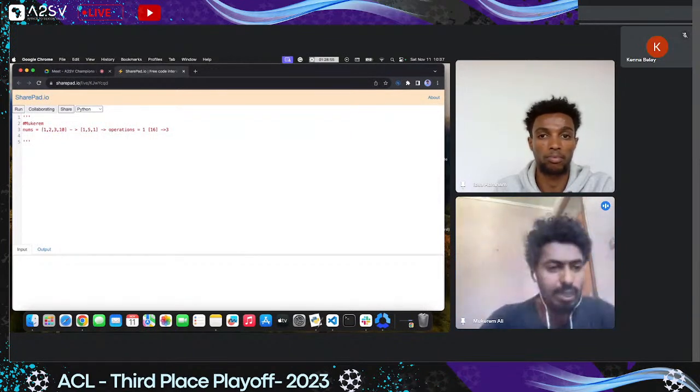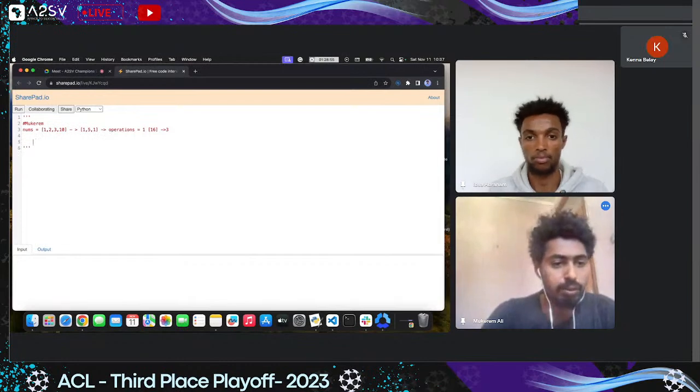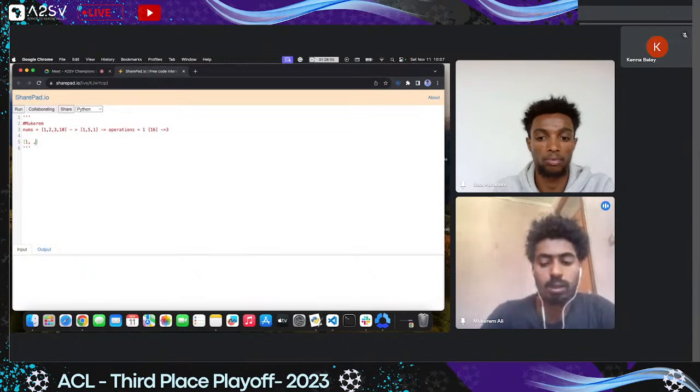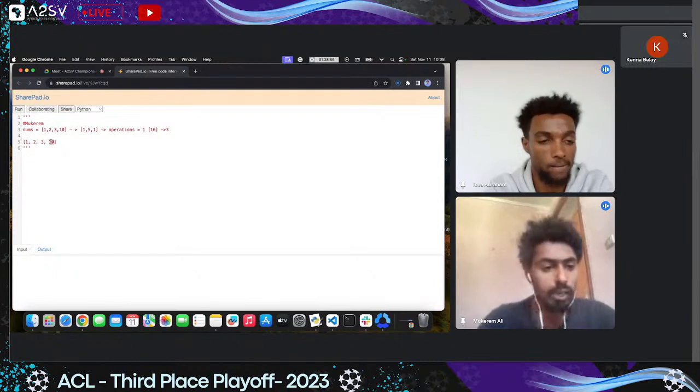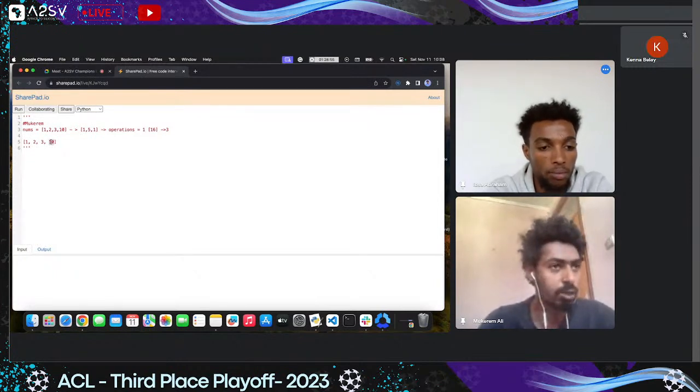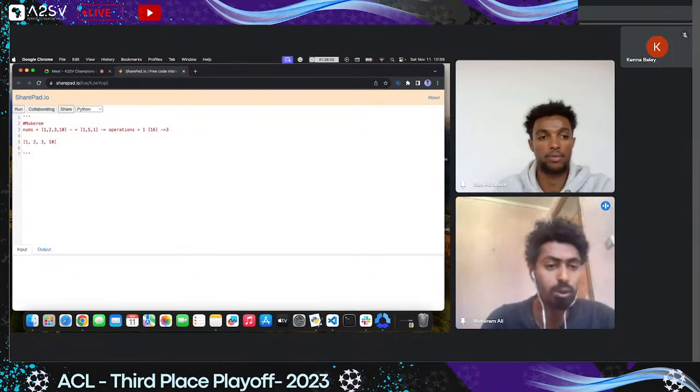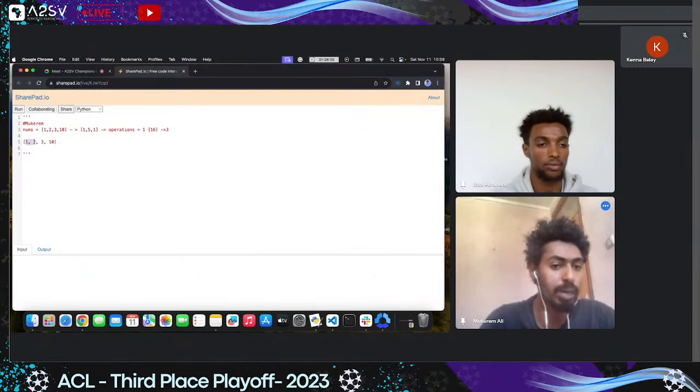Okay, for example, the first example is 1, 2, 3, and 10. So in this case, I check both the 1 and 10, they are not equal. So I should merge either of them, either 1 with 2 or 10 with 3. But the optimal solution should be, I should merge the minimum number, because